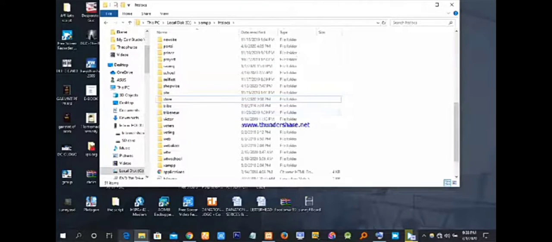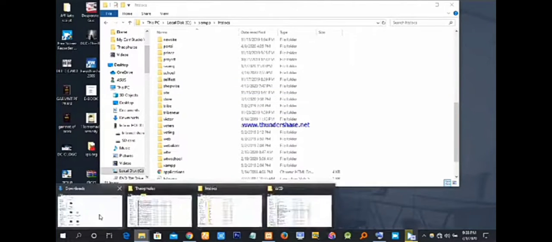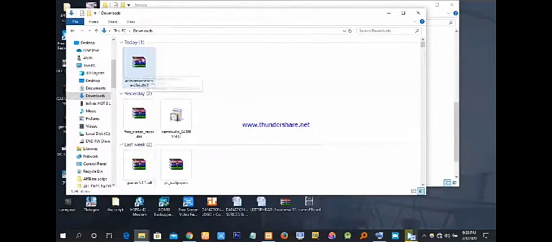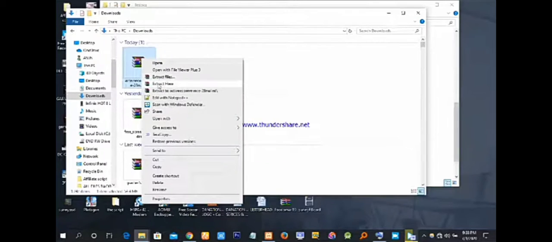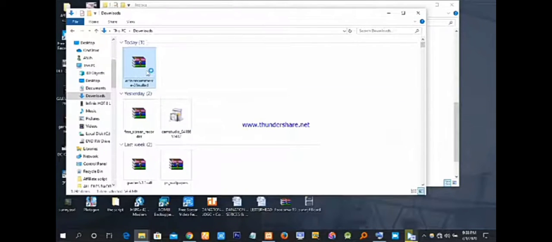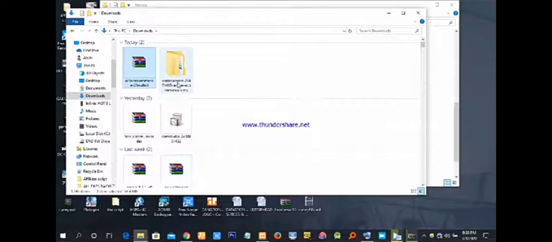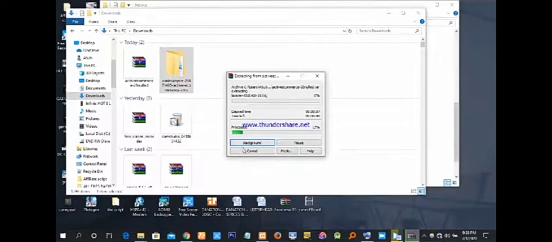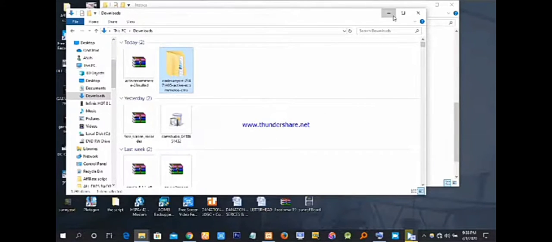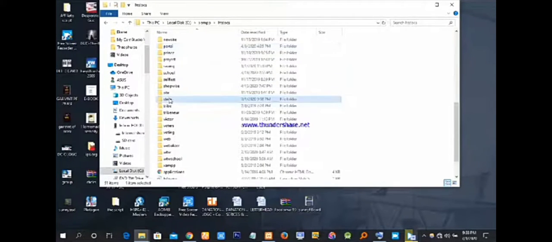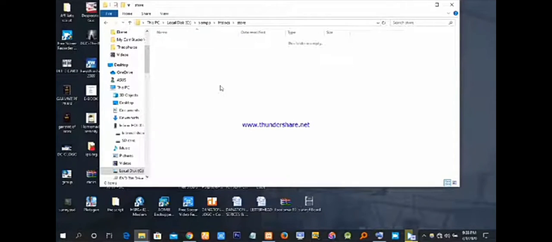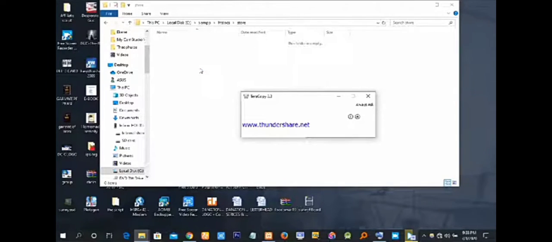So what I'm going to do next, the script I downloaded, which is the e-commerce script. So what I do, I copy it. I go to the store, open the folder, paste it inside. When you paste it and